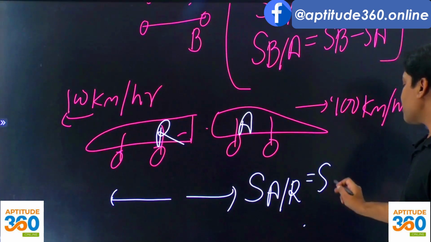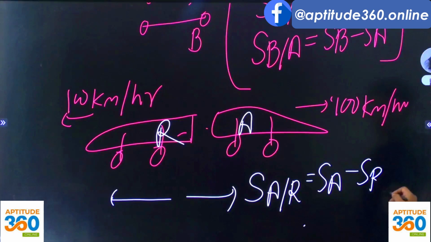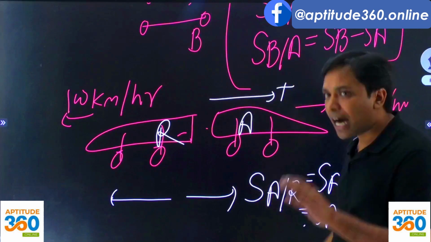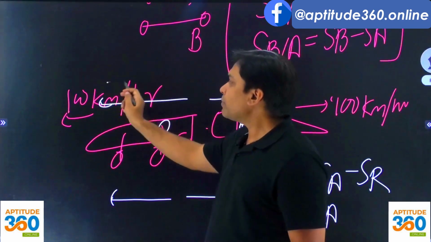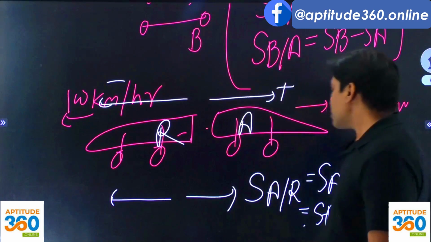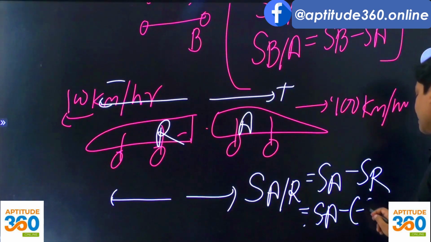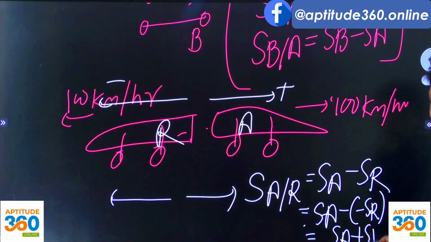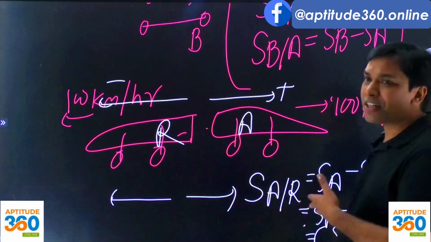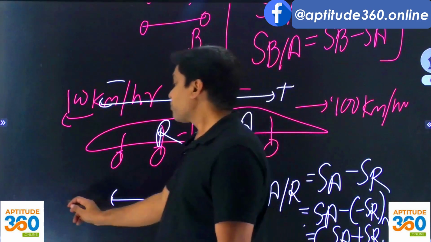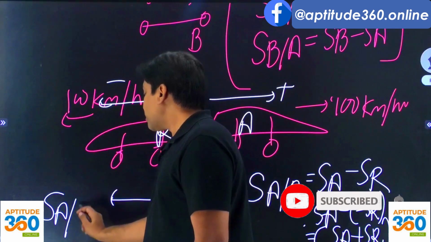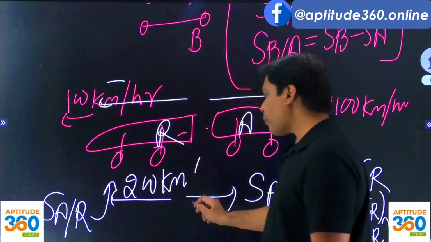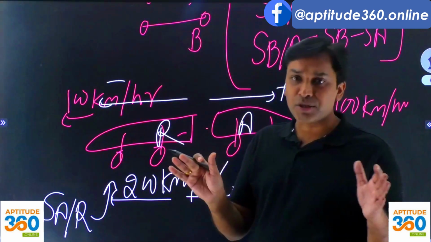तो आपने क्या सीखा था, स्पीड ऑफ अमित माइनस स्पीड ऑफ रोहित, यही तो किया था आपने। बट एक डायरेक्शन को अगर आपने, जैसे इस वाले डायरेक्शन को अगर आपने पॉजिटिव लिया, ये वाला डायरेक्शन तो फिर पॉजिटिव होगा नहीं भाई, दो की दोनों तो सिमिलर डायरेक्शन पे जानी चाहिए। सो स्पीड ऑफ अमित माइनस स्पीड ऑफ रोहित हो जाएगा। अब आप क्या करोगे, स्पीड ऑफ अमित प्लस स्पीड ऑफ रोहित कर दोगे, और अगर आपने ऐसा कर दिया तो इसका क्या आएगा, 100 प्लस 100 200 किलोमीटर पर आवर। सो स्पीड ऑफ अमित विद रिस्पेक्ट टू रोहित इज कमिंग आउट एज 200 किलोमीटर पर आवर।